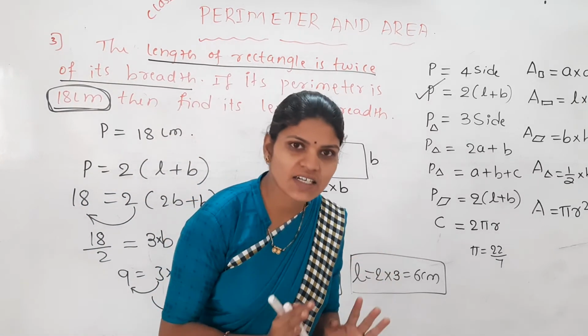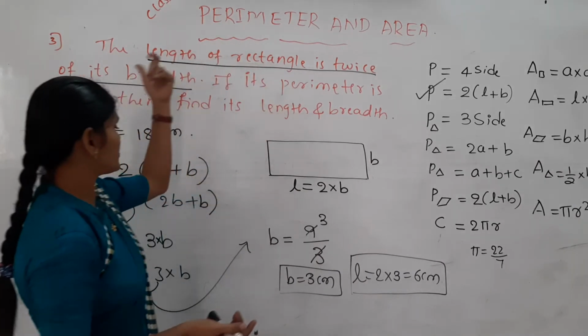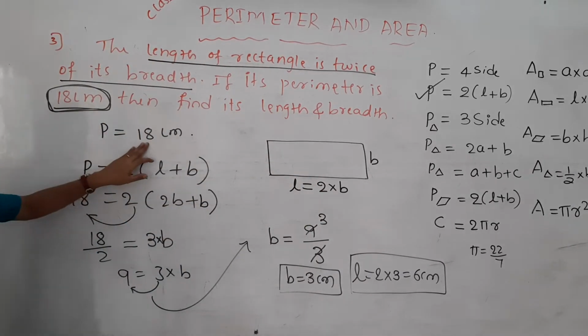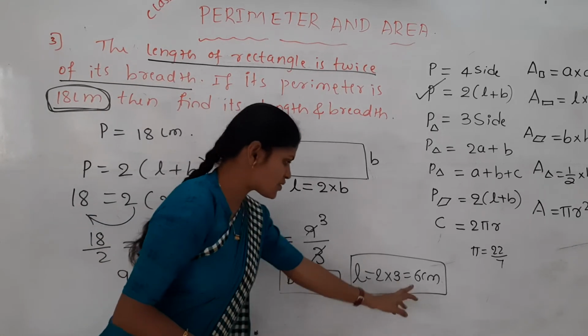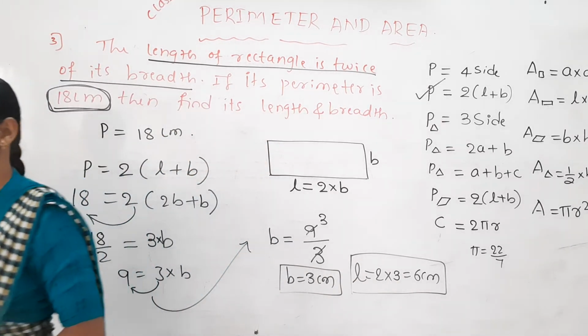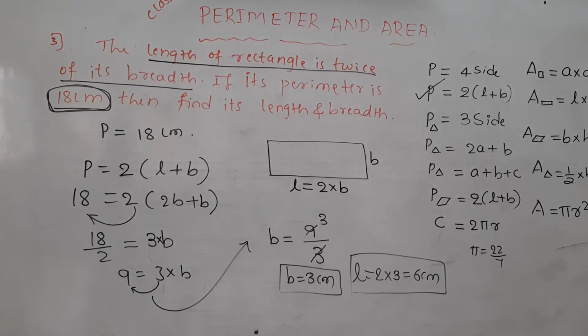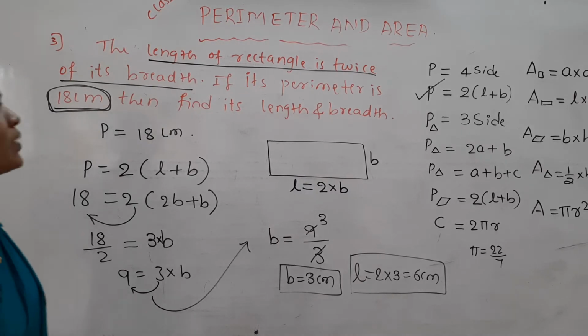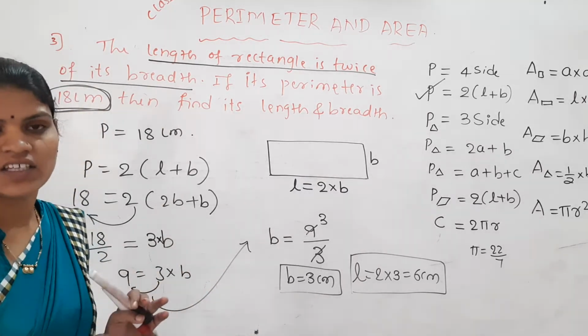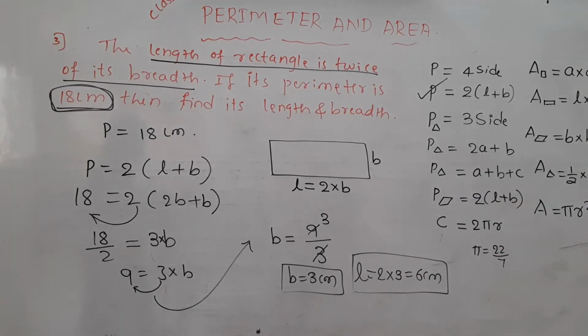We just have to understand what he has given here. He has given the relation between length and breadth. With the perimeter given, we can find the exact length as well as the breadth values. Just pause this video and try it. Yes, is it over? Yes, the next one. If the breadth and perimeter of the rectangle are given, then you can find the length of the rectangle also. No problem. Okay, take care.